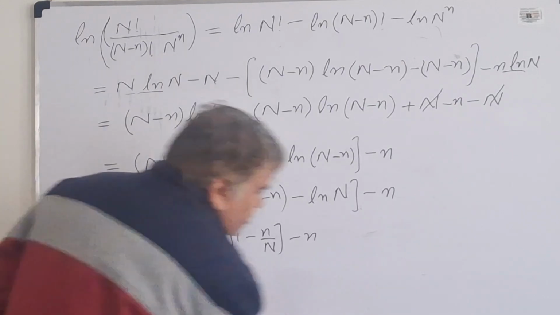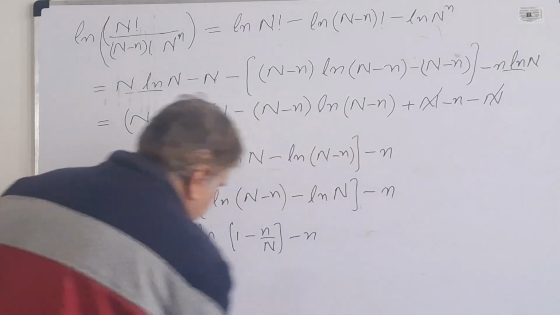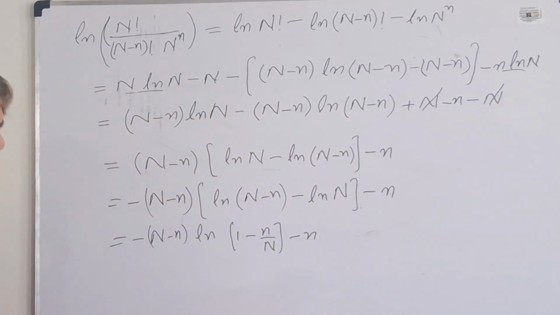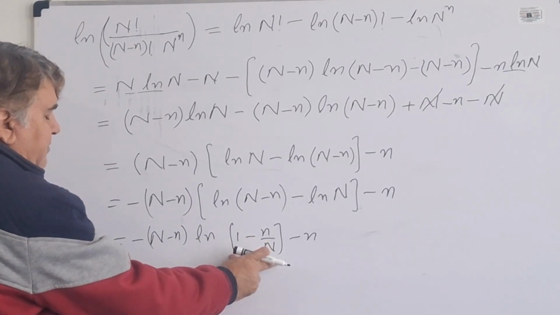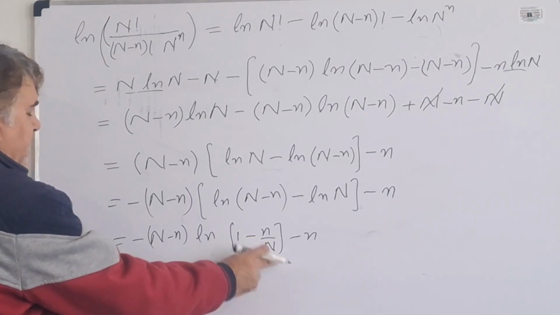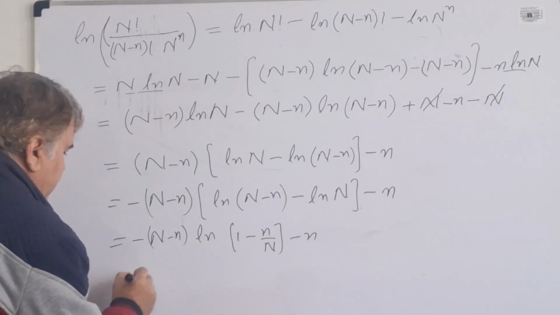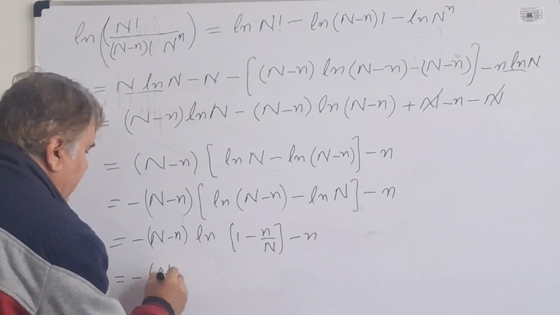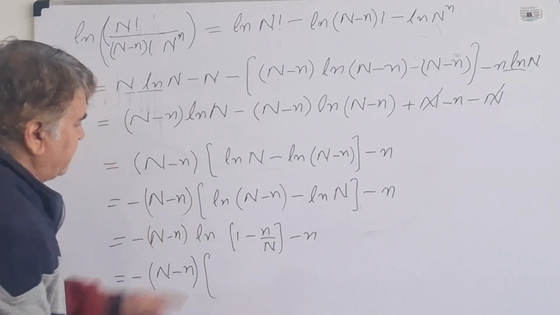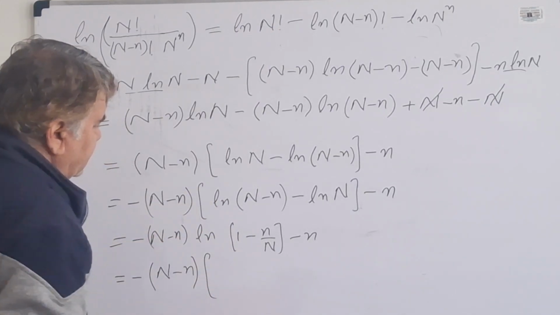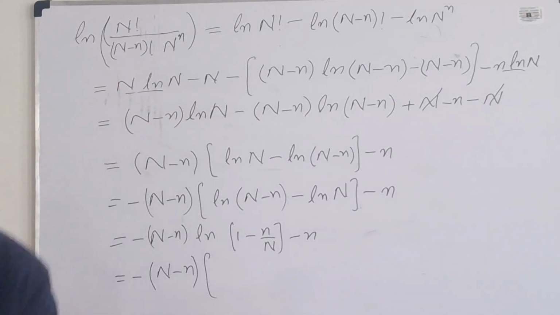So I just put this over here, remove this from here. And now I use the series expansion of logarithm, and I just write this as n, minus n at its own place, and the series expansion of this is, in fact, if you recall,